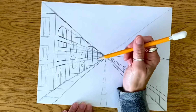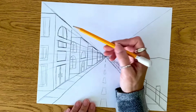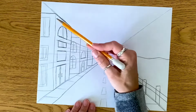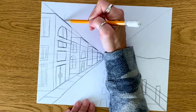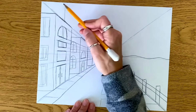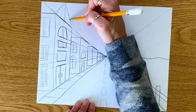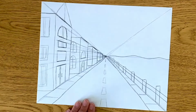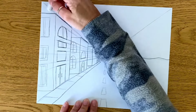And if you wanted to add rooftops, you could. For example, if I wanted to put a roof on top of this building so that it didn't look so square at the top, what I would do is I would find the top of the center of this line and just go straight up, and then I just connect it to each corner of the building. So it kind of makes it look like it's pointy at the top, okay? I can erase this line now,